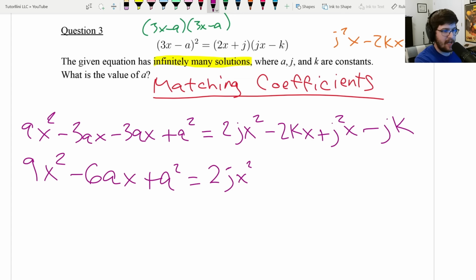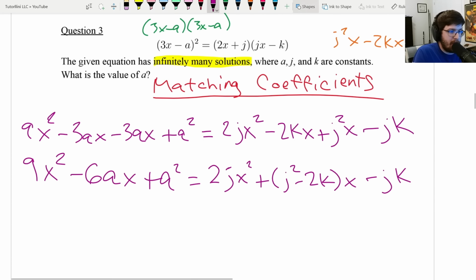And then what I'm going to do is I'm going to factor out the x to make it more clear to you guys what I'm about to do. Just kind of trust me for now. j squared minus 2k x. See how I pulled out the x, and then this is kind of weird. I put the common factor on the right just to make it look more like a quadratic. That'll make what we're about to do more clear. And then minus jk. Now, if it has infinitely many solutions, all the coefficients of each type of term must